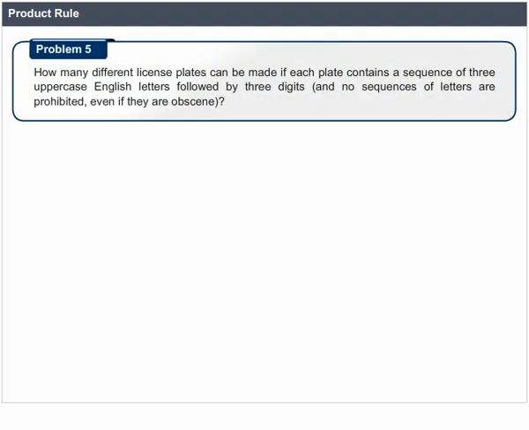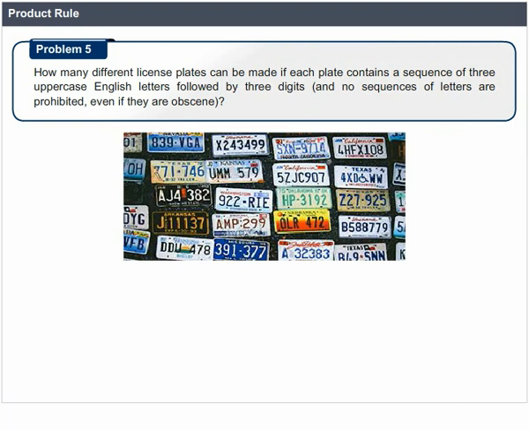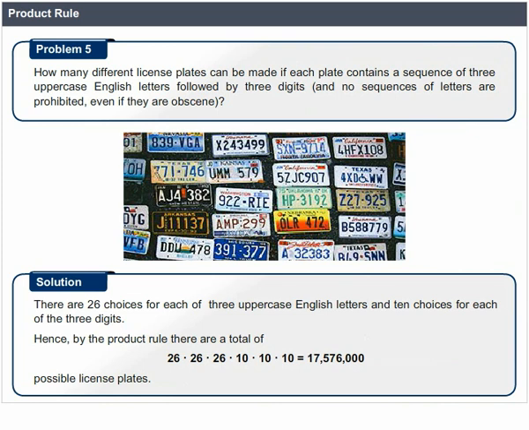How many different license plates can be made if each plate contains a sequence of 3 uppercase English letters followed by 3 digits, and no sequences of letters are prohibited even if they are obscene? Solution. There are 26 choices for each of the 3 uppercase English letters and 10 choices for each of the 3 digits. Hence, by the product rule, there are a total of 26 times 26 times 26 times 10 times 10 times 10 equals